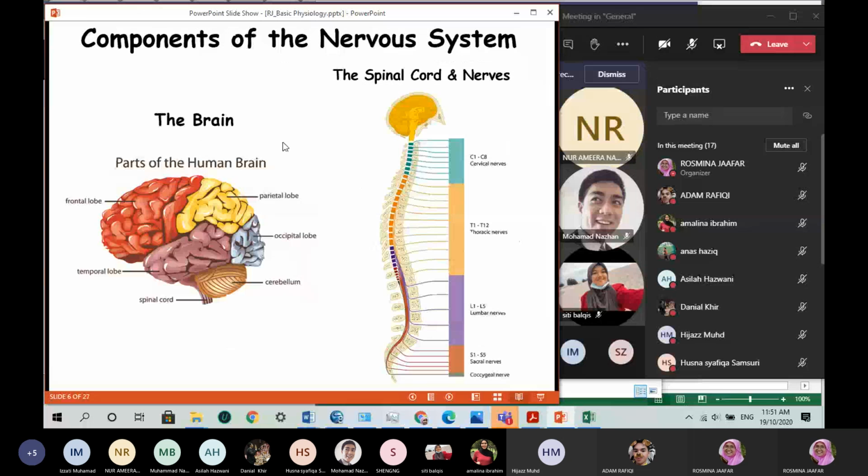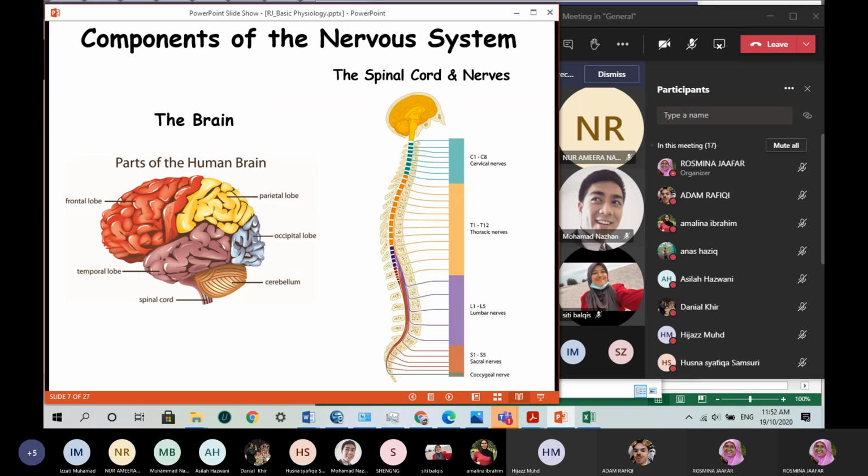Okay. This is the brain. This is the spinal cord. And our body is very well organized. We have very structured nerves in the spinal cord. Each nerve is responsible for controlling and sensing a specific region. So for the spinal cord here, we have different regions. Color coded to ease understanding.